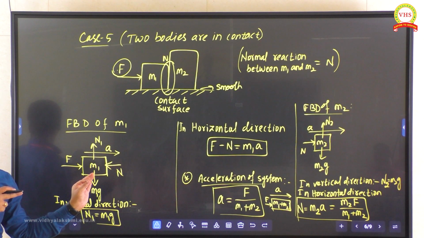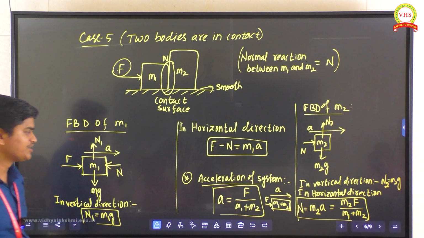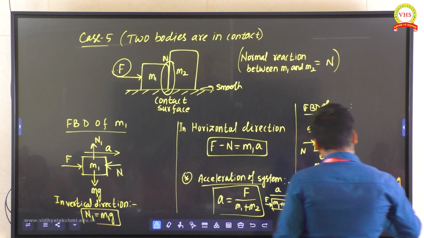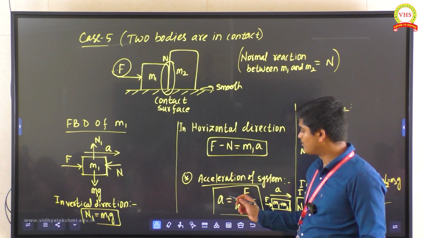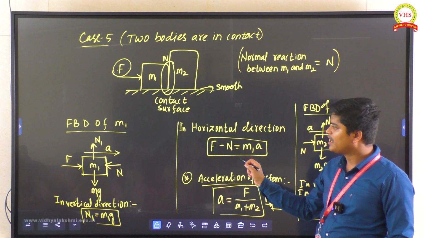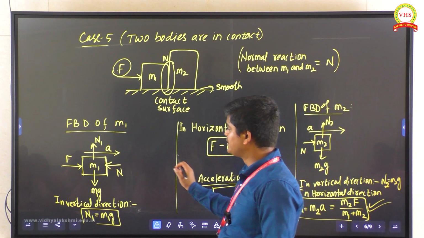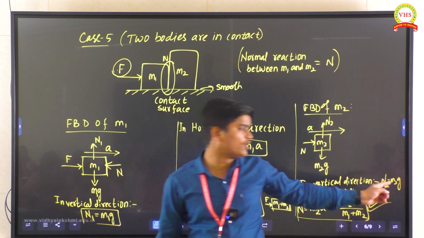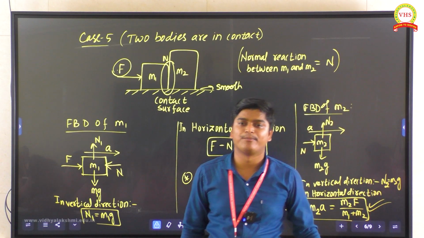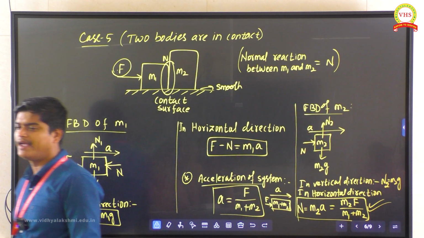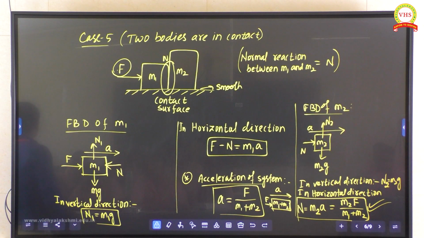Normal reaction, can you remember? Yes or no? So this is what we want to calculate. Your homework is to substitute this A here and check whether you get this normal reaction, M2F by M1 plus M2. Okay. I hope you understood, right? And according to the shortcut trick,